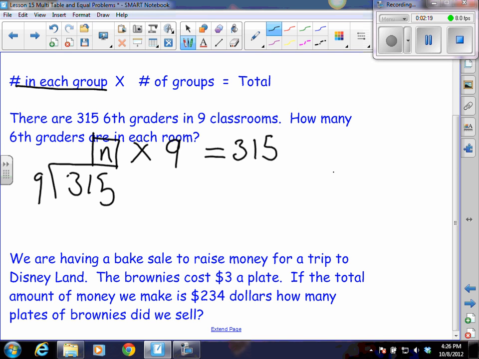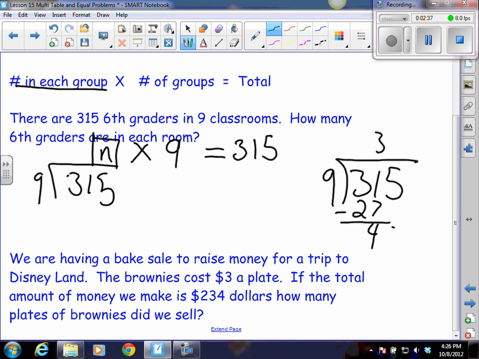And I'm actually going to move over to this space so that we can easily see what we're doing. 9 goes into 3 how many times? 0. 9 goes into 31. It's going to go into 3 times. 3 times 9 is 27. And I can subtract that, and I'm going to get a 4. Bring down the 5. And so 9 goes into 45 5 times. And so our answer here that we see is that there are 35 sixth graders